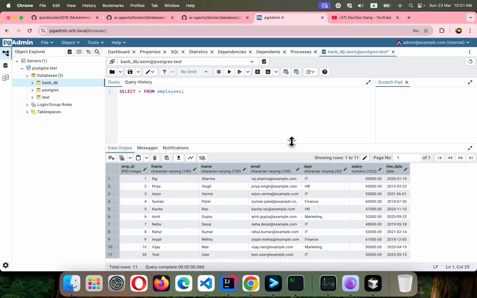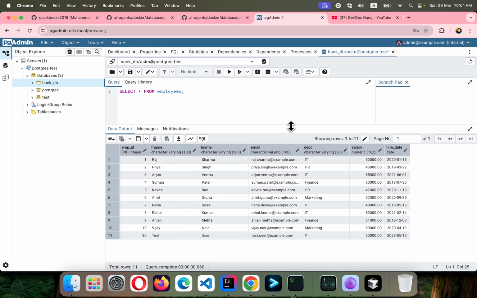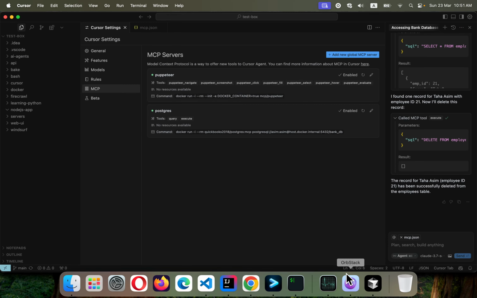So imagine guys, if your AI agent gets this sort of power, you can build amazing applications. It can read and write to your Postgres local database, and you can create powerful applications with it. These AI agents have the capability to access your local database, and it can do tons of stuff, right? Okay, can you verify